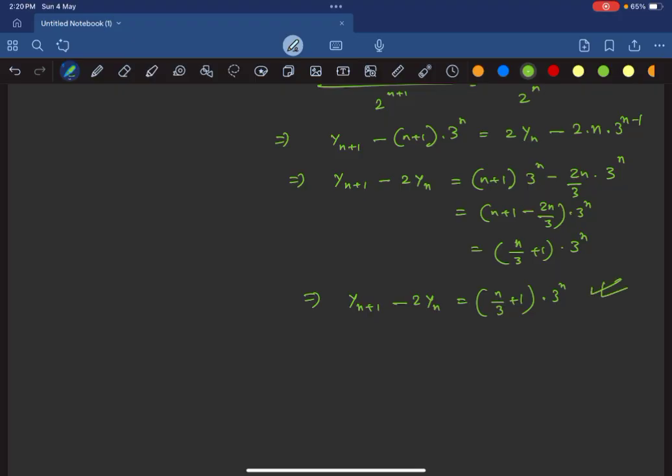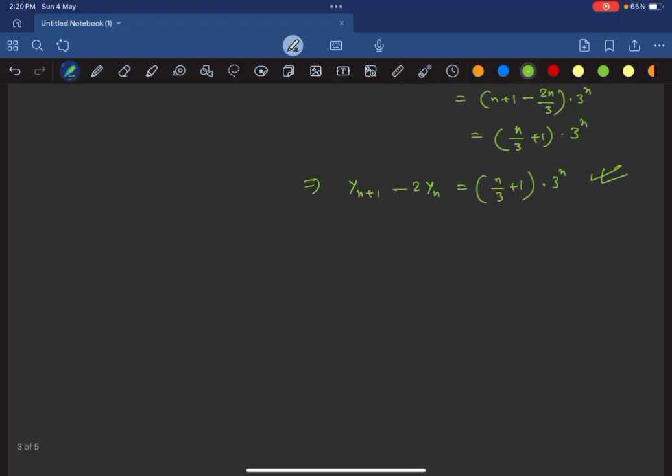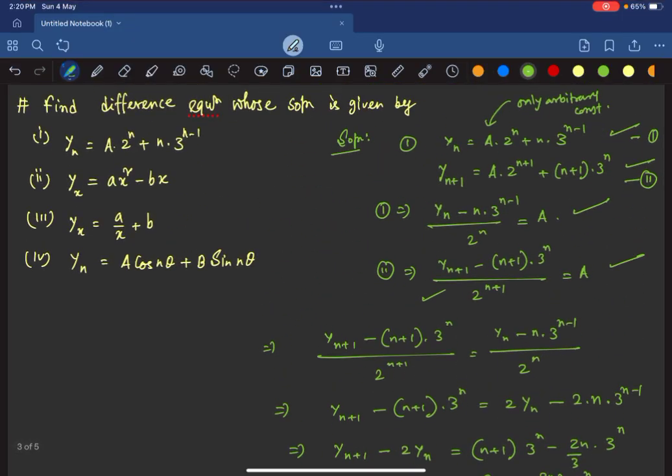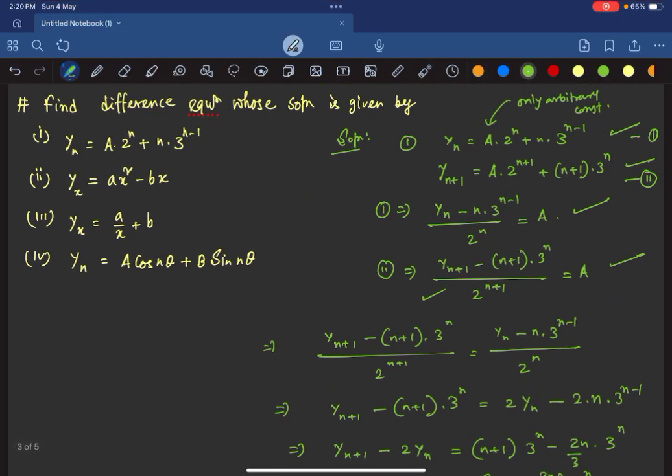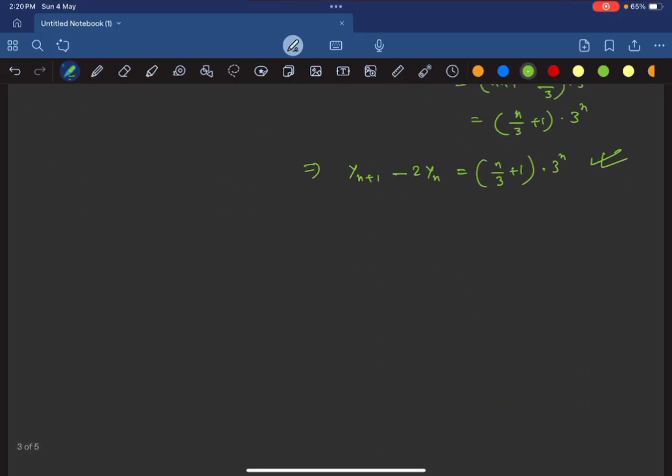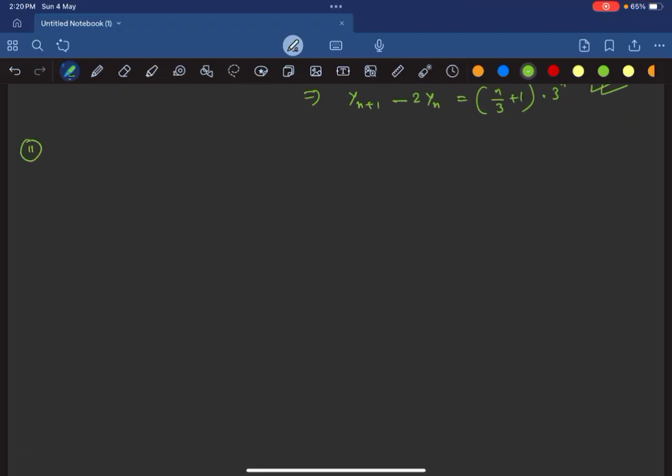Okay, so the solution is given and we can write the equation like this. So the basic idea is to eliminate the arbitrary constant. Okay, now next we have this one. See, we can try this question, the second question. So the second question says that